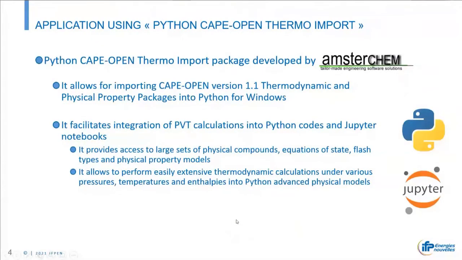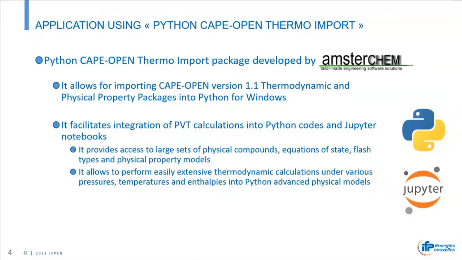Okay, so the first focus is on the Python CapeOpen Thermo import package developed by Amsterchem. It allows importing CapeOpen version 1.1 thermodynamic and physical property packages into Python for Windows. It facilitates integration of PVT calculation into Python codes and Jupyter notebooks. So we have access to a large set of physical compounds, equations of state, flash types, and physical property models as soon as we have a thermo system or a property package license available on our laptop.